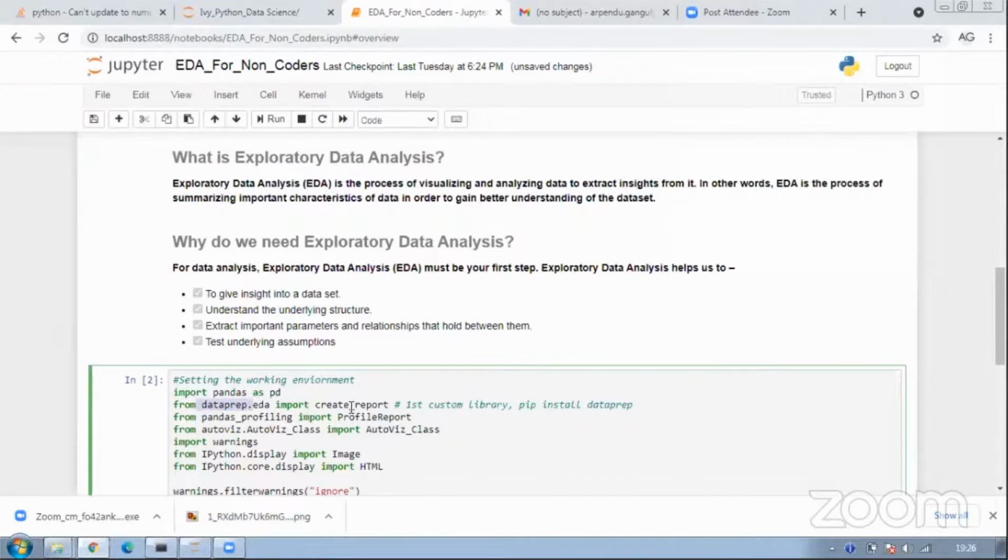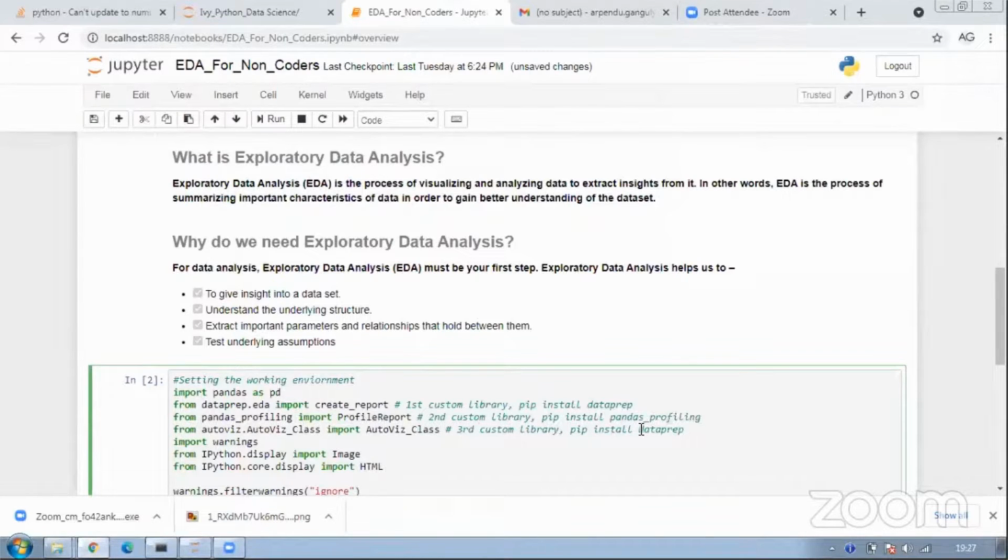And another package we will be using is Pandas Profiling. So that's another add-on to Pandas which allows you to develop interactive charts based on EDA. That's, I would say, the second custom library that we will be using for this. And the third is AutoViz. This is part of the SweetViz library, and that's the third library which we will be using. For installing it, do pip install pandas_profiling.